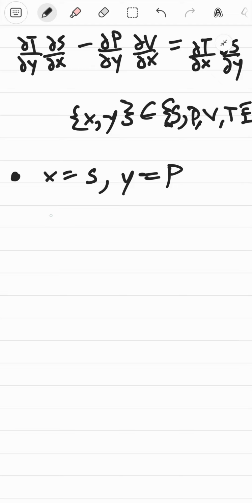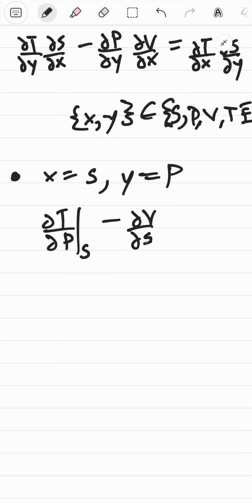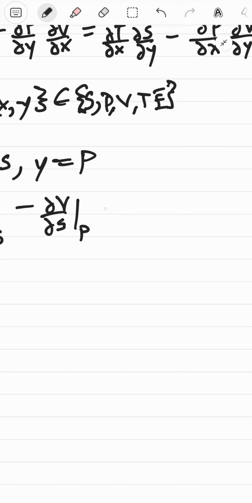Okay, so you just get partial t by partial p at constant entropy, right? And that thing is 1 now. So minus partial p by partial y is once again just 1. So minus partial v by partial s at constant pressure, and that's equal to,